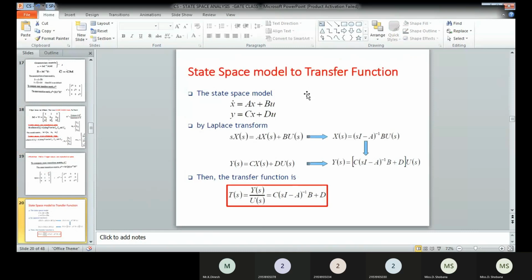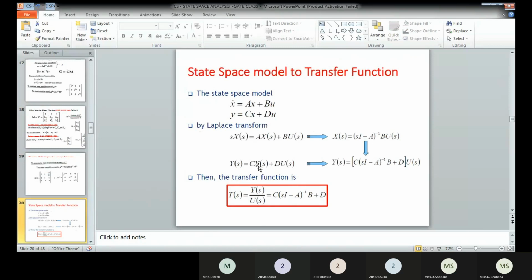So if the transfer function is given, how to determine the state, and if the state is given, how to determine the transfer function, that is what we are going to discuss. So from the state equation and output equation, you can apply the Laplace transform and you can have the equations as like this: